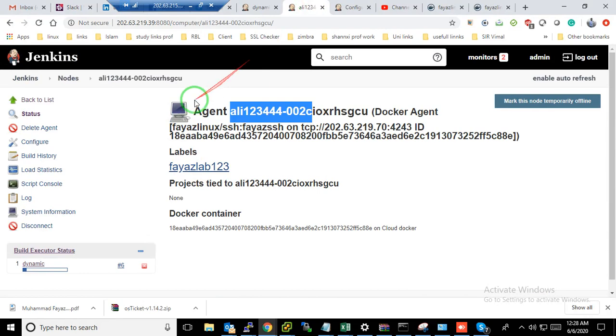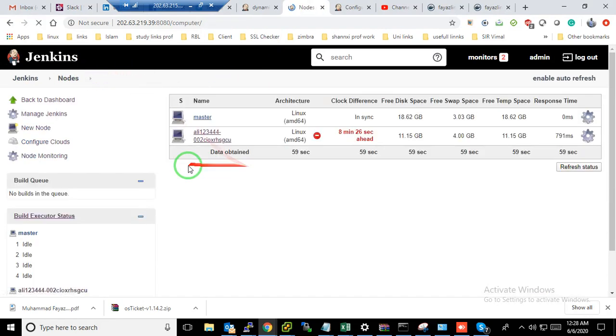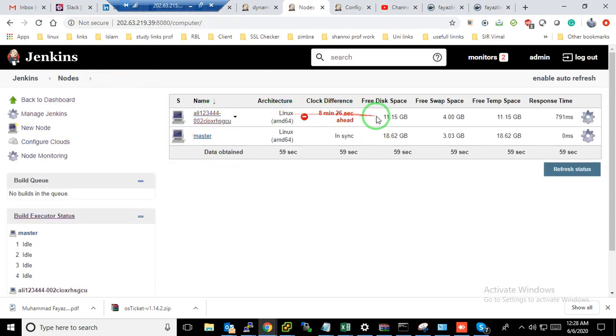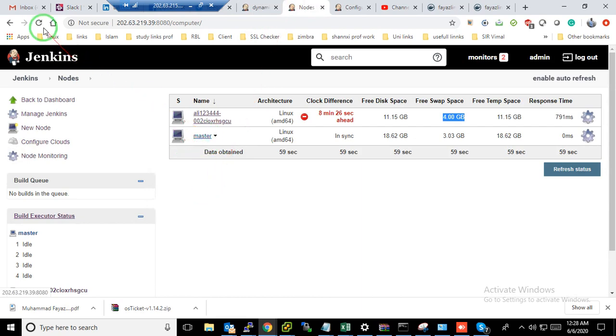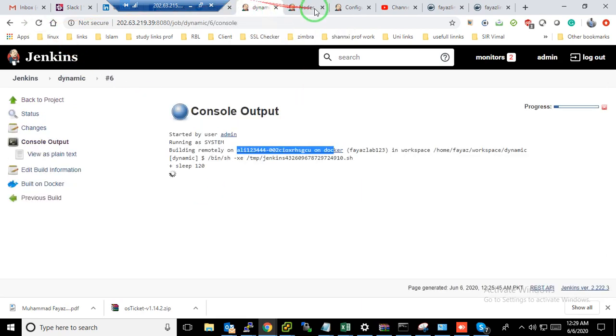You can see it's added successfully. You can see the 11 point GB. It's a full node added here, and it's a slave node. Once the job is completed, it will automatically destroy it. So let's see if it works or not.